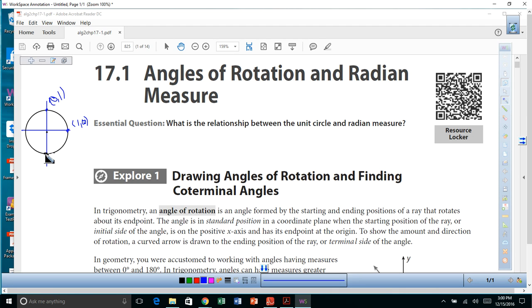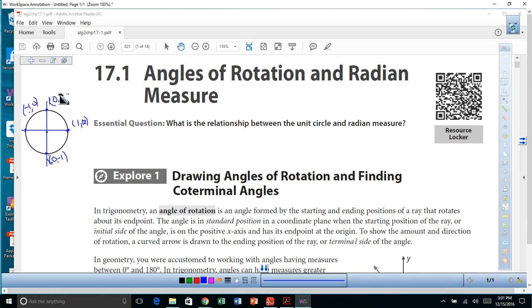And this point here will be (0, -1). And then, of course, this point over here is going to be (-1, 0). Well, I'm having a hard time writing. That's going to be (-1, 0). And that's